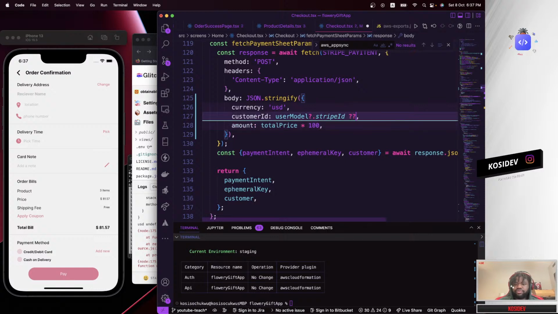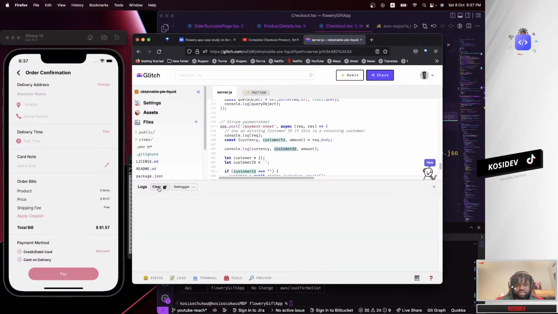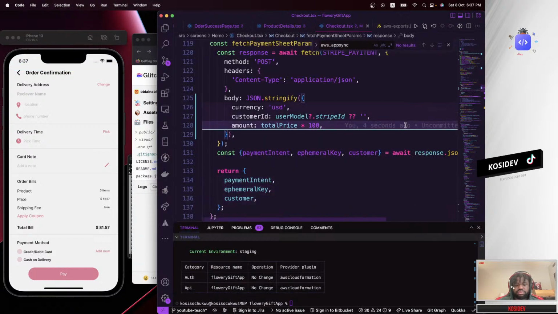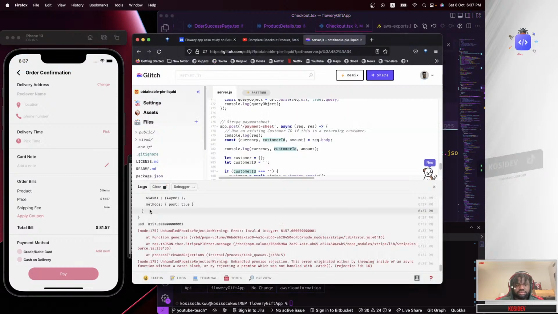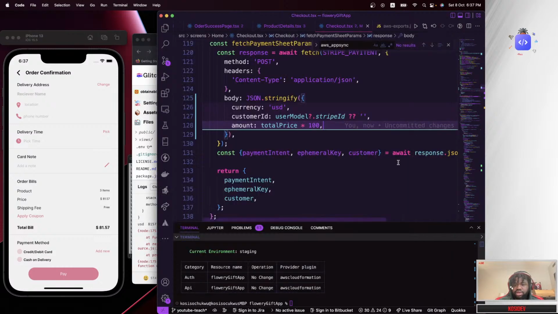And I'm gonna say if Stripe ID is empty, pass an empty string. And let's see that again. So we have USD and Stripe ID is empty. Okay, cool, nice one.